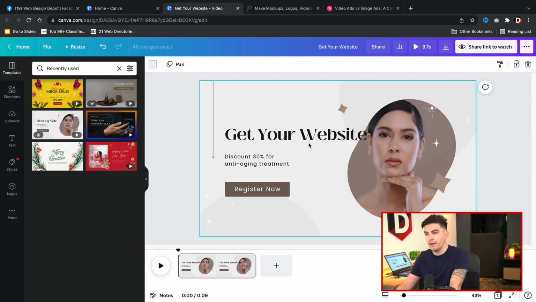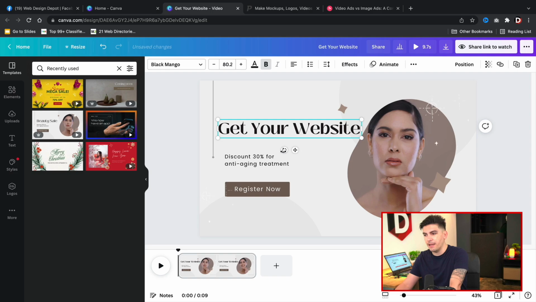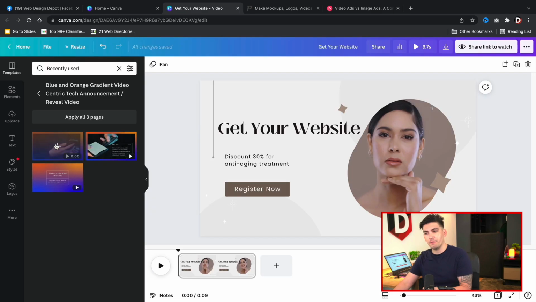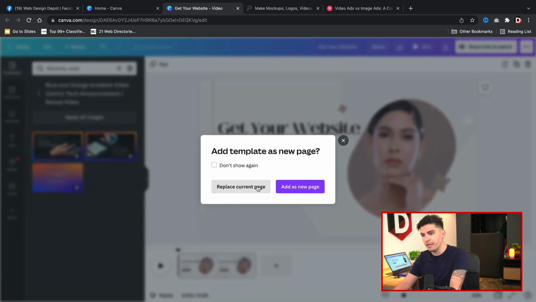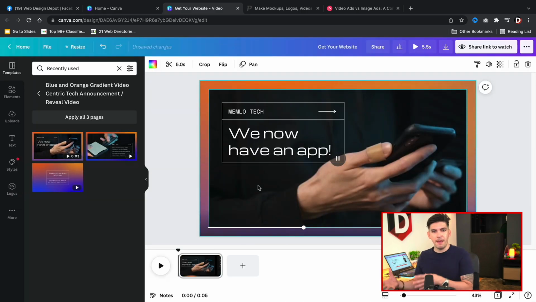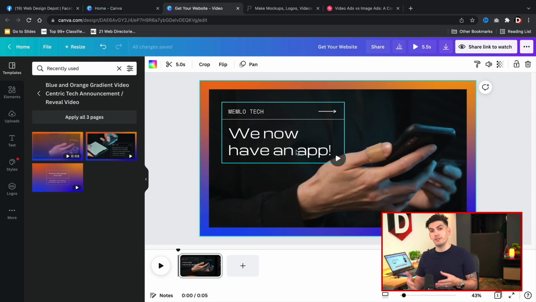So here we go, we have "get your website." We can say that we are a makeup company, or a makeup web design company, whatever. This is just an example. It depends on how you want to run the ad. Maybe you want to attract women with this ad, and then you can run another ad like this one, where we try to invite men, because this is a darker color, a gradient, more tech savvy. So here I can say "get your website now," and then we can download this and upload it to our Facebook page.